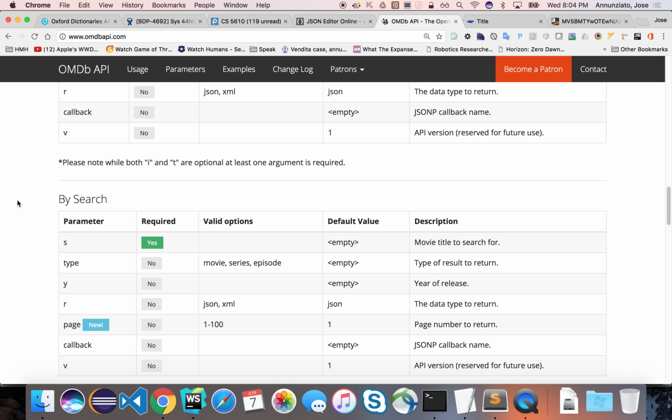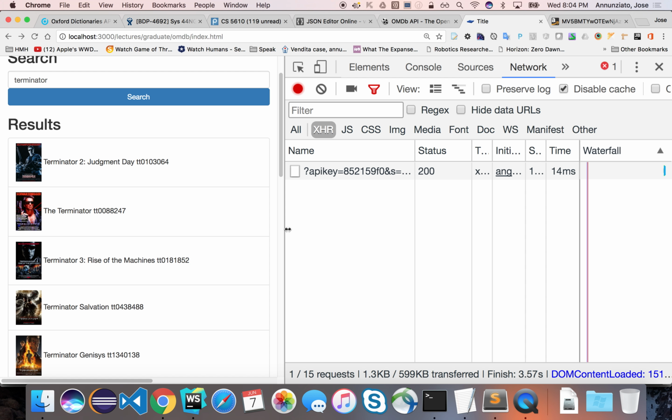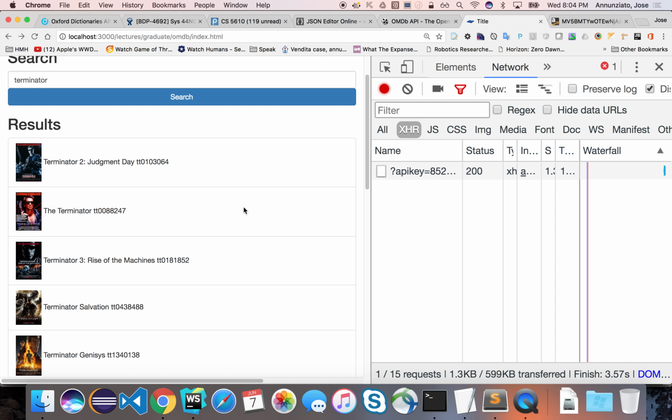Right, so we're going to do the details. What we'd like to be able to do is add the capability that, if I select any one of these, I would want to know more, not just these 4 or 5 attributes. This is kind of like a summary result. I'd like to know more about these things. So the way we're going to implement this,